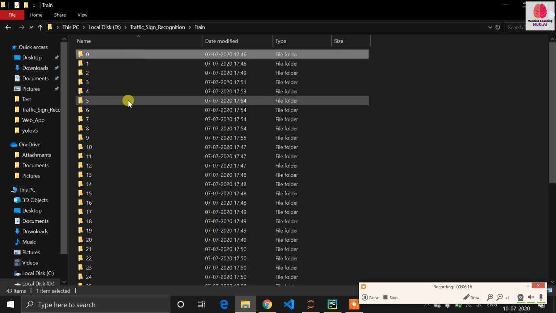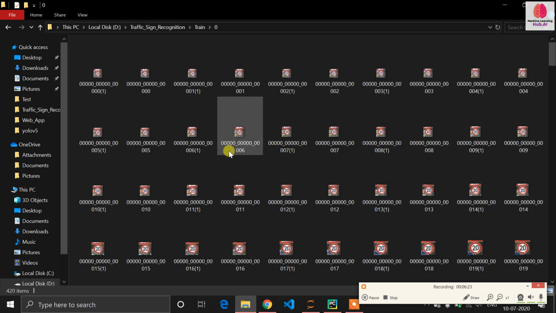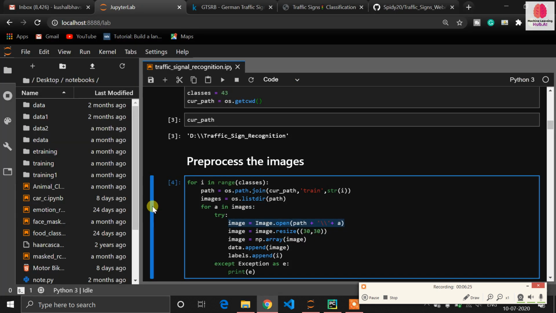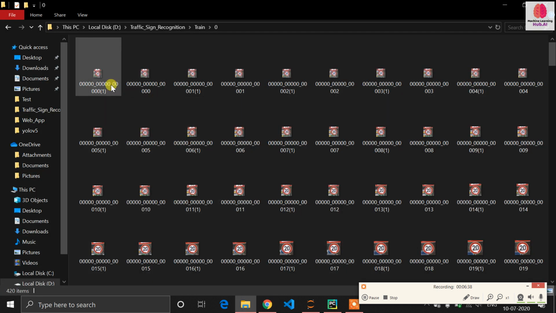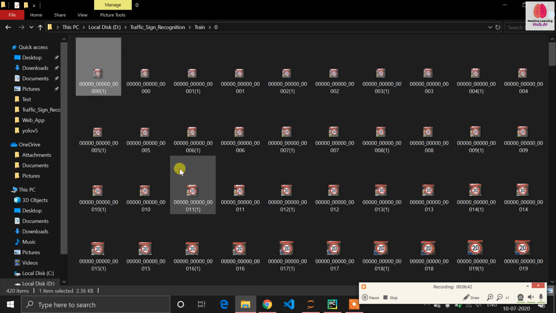The loop will go into the zero folder. Then Image.open opens the first image. After that, we resize it to 30 by 30, 30 width and 30 height, which is suitable for feeding our neural network. So we have opened the first image and resized it to 30 by 30. After that, we are converting our image into an array.